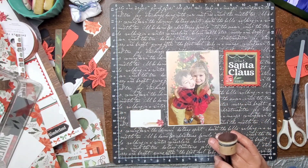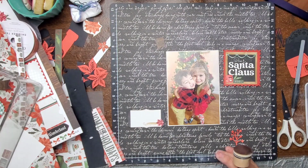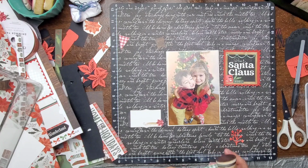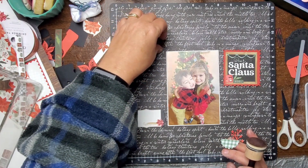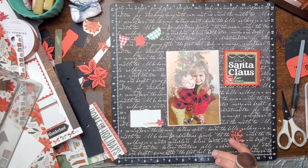So at first I thought I was going to do this little centered grid style layout. You can see I have the photo and a little label over to the left and a title piece over to the right. I then found this banner piece on our sticker sheet, which we do usually have banners on